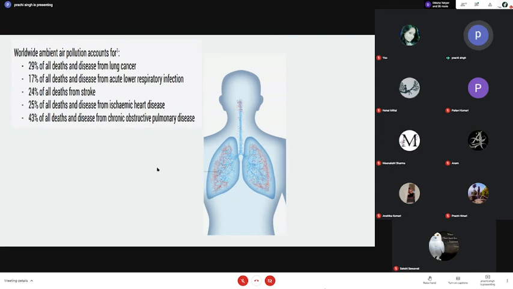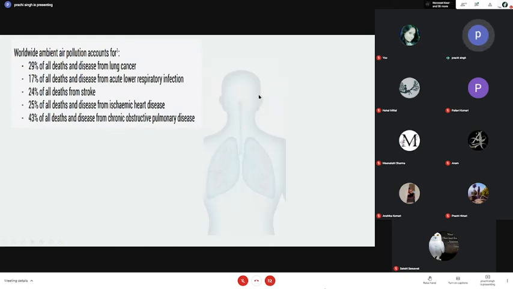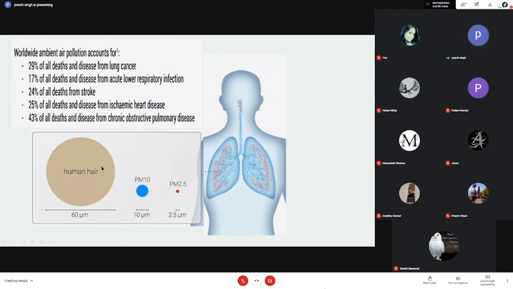So what is the size of particulate matter? If we take the red particles to be your PM2.5, then the size of PM2.5 is somewhere here. Now if we take this human hair diameter, this is around 60 micrometers. PM10 is 10 micrometers, and see PM2.5. So you can imagine it against the diameter of your human hair and this PM2.5. And that is why PM2.5 is very important, because it easily goes into our lungs, becomes part of the alveoli, and it chokes the system.